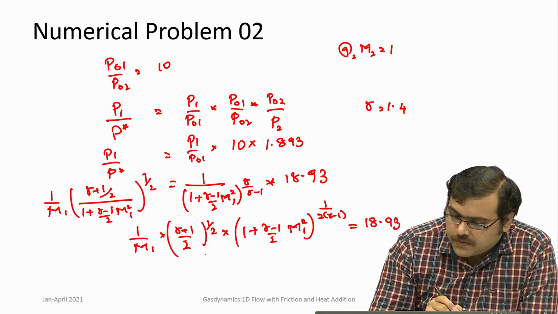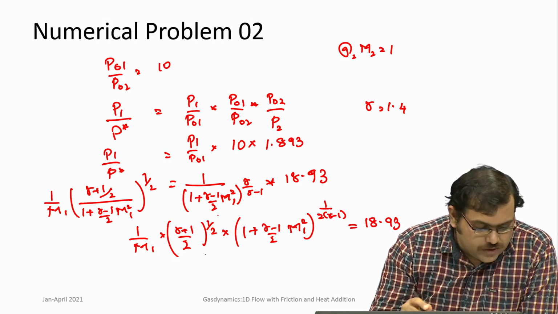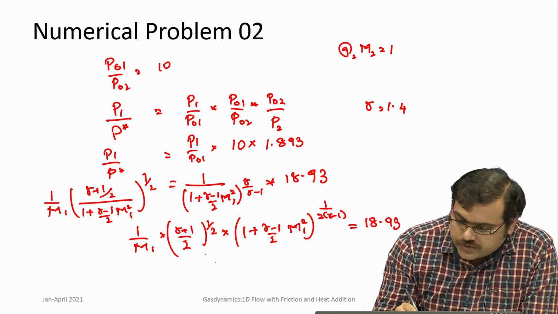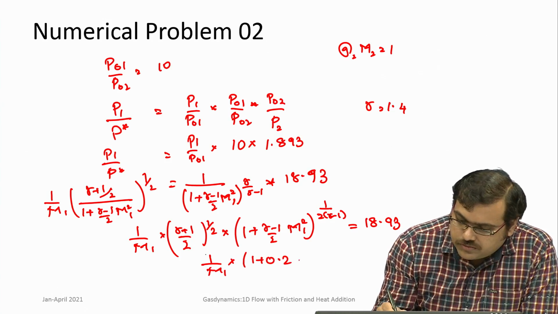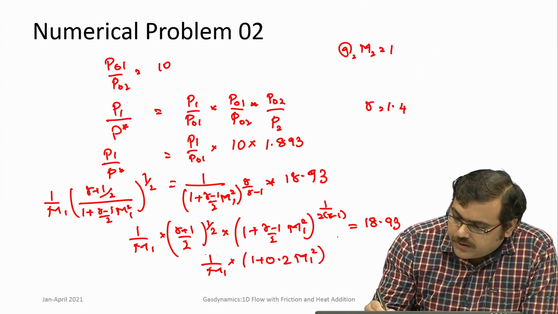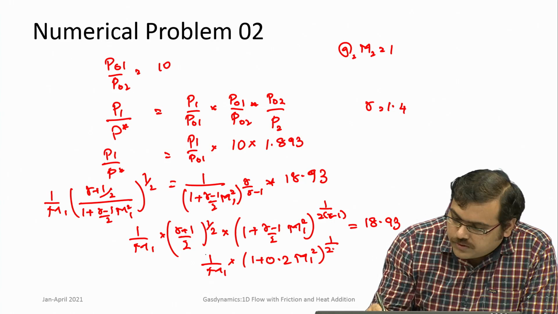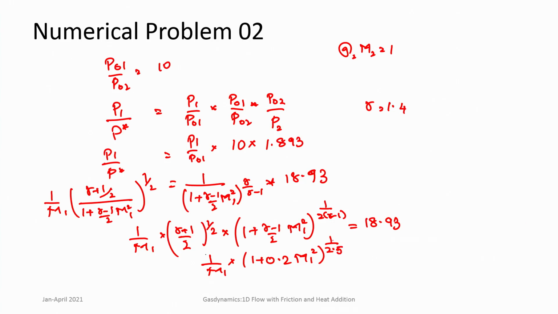Okay. This is known for us. This is also a constant, you can divide that. So, you will get 1 by M1 multiplied by 1 plus 0.2 M1 square, raised to 2.5, is equal to